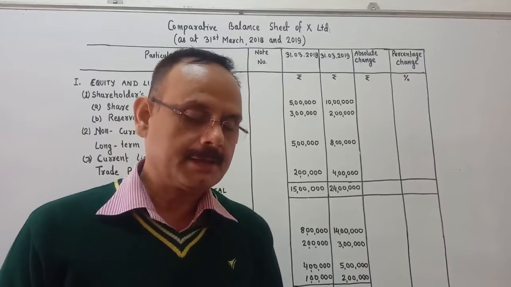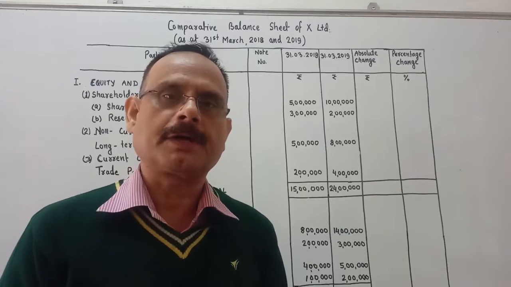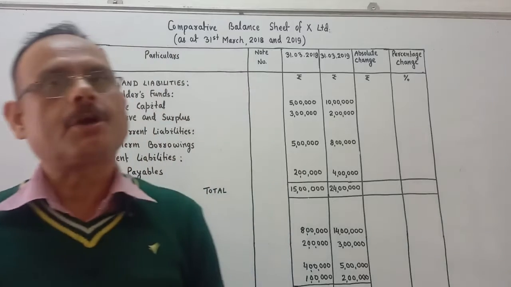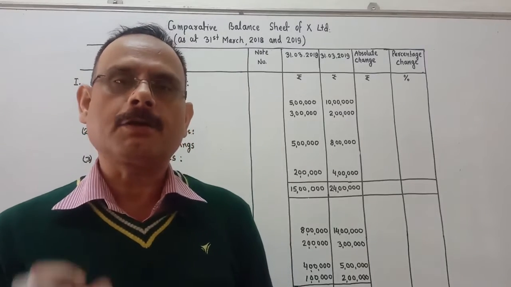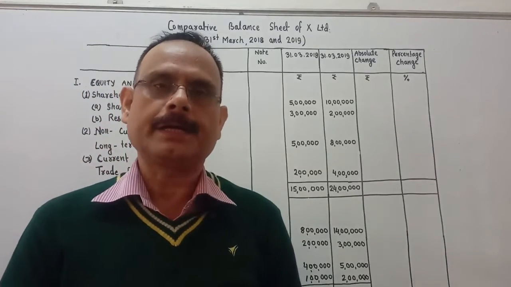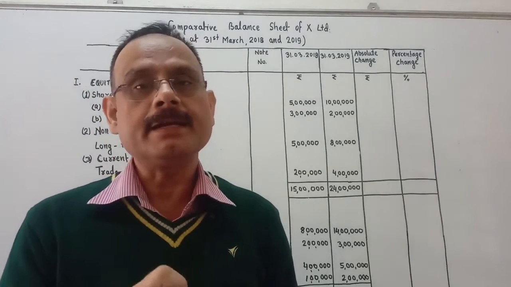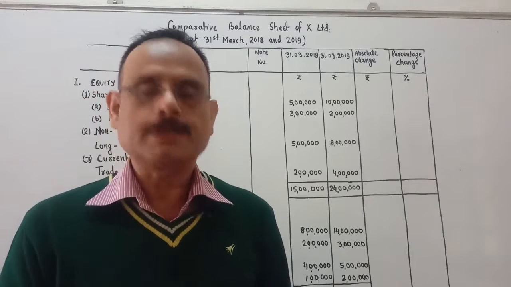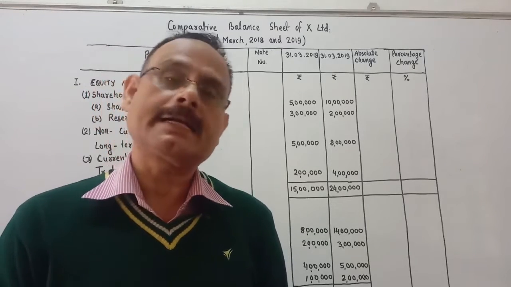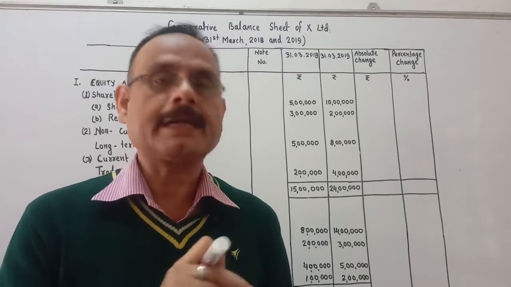So see the balance sheet. On the equity and liability side, the shareholders' fund is there. Under the shareholders' fund, share capital and reserve and surplus, 2 items are there. Next is non-current liability, the next heading. Under the non-current liability, the item is long-term borrowings. Third one is current liability. Under the current liability, the subhead is trade payables. Now there is a total. Now the asset side is non-current assets. Under the non-current assets, fixed assets, tangible and intangible assets, then current assets,